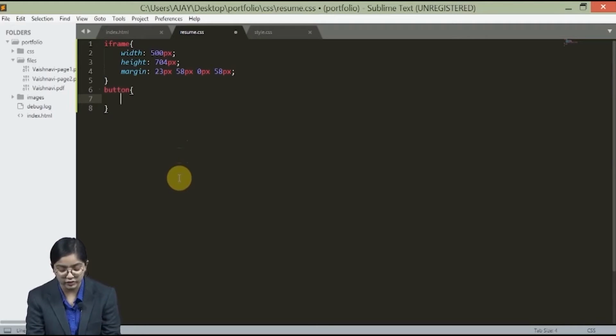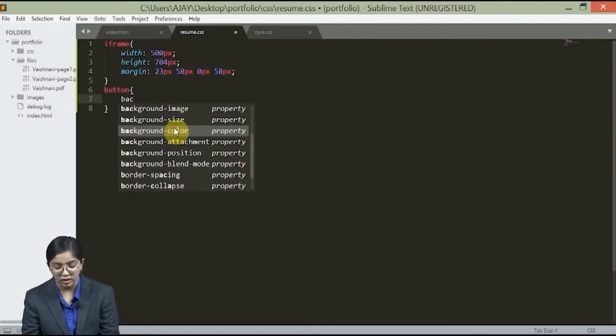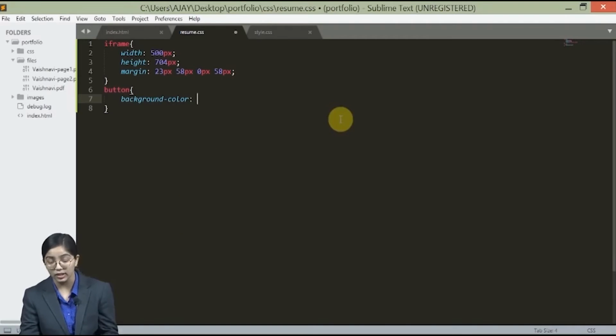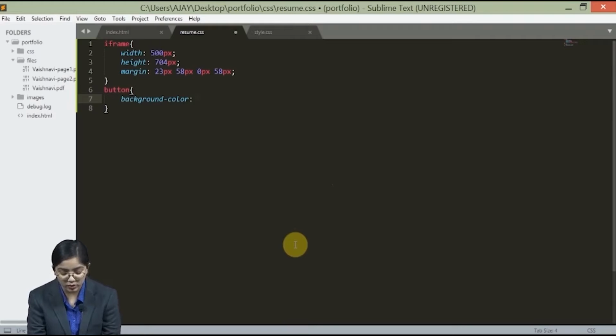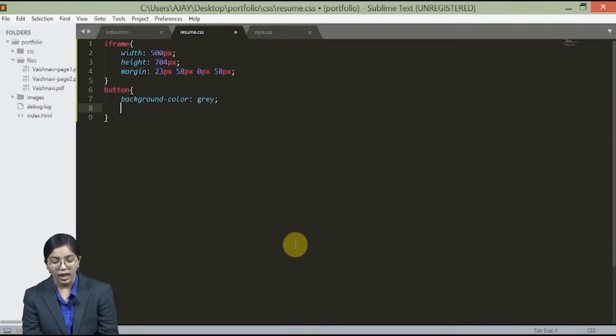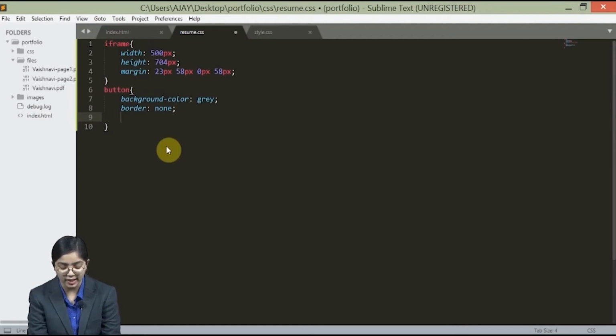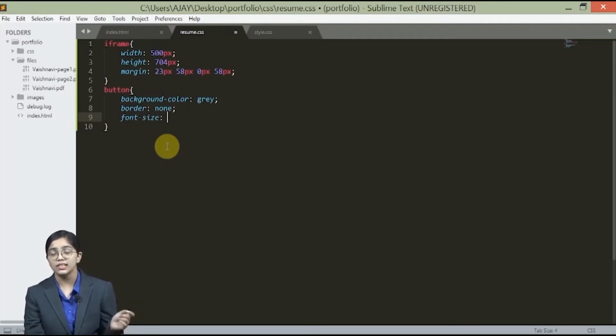So first of all, let's just change the background color, and you can always choose any color using the color picker of W3Schools. I'm just going to give it gray, and then let's just say if I want the border or not. I can say border none. Also let's define the font size inside it. So we can style every little thing inside the button. We can even give the button a shadow. Now let's just see when we will give that shadow. Okay, so first we'll give font size as 20px.